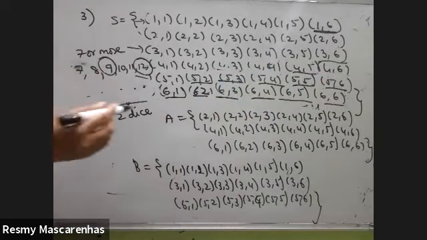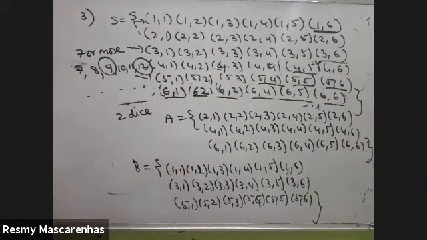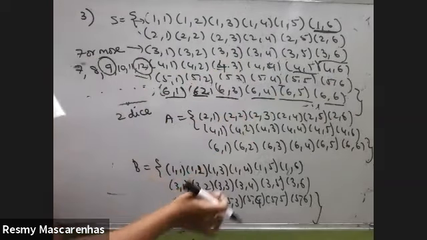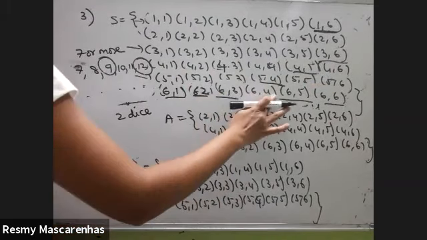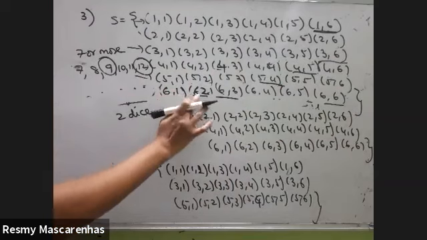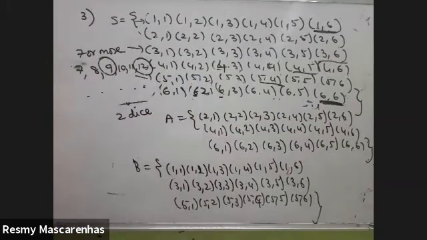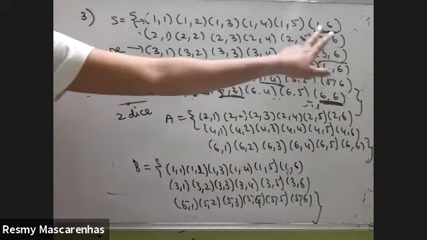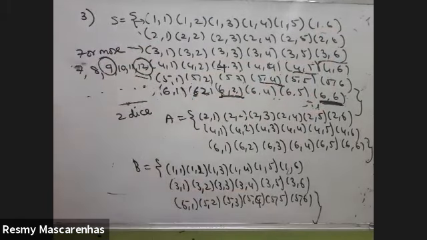Because they are strictly saying it should be a multiple of 3. And 12. This is also there. So the C answer is this. 1, 2, 3, 4, 5 and